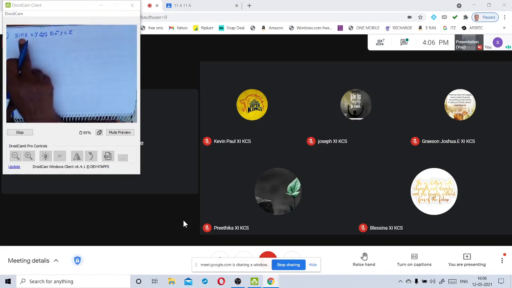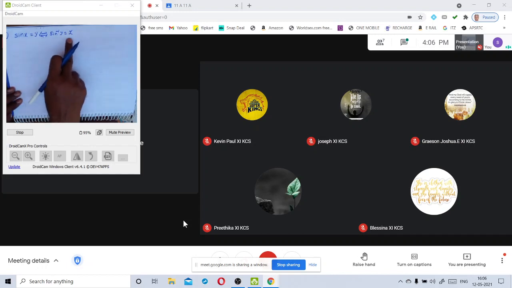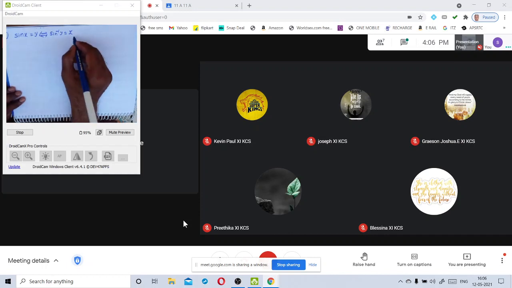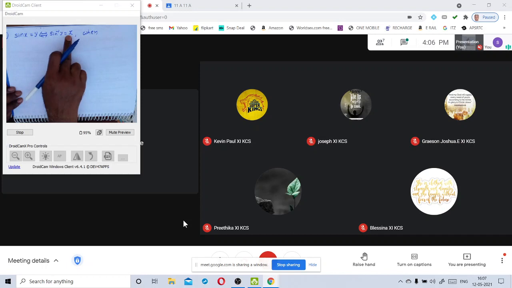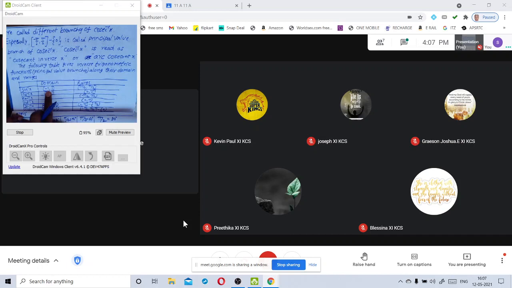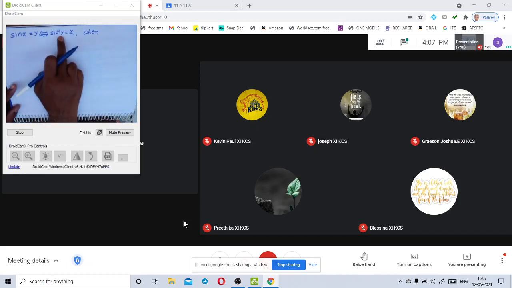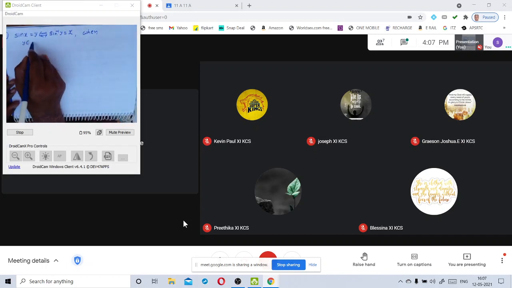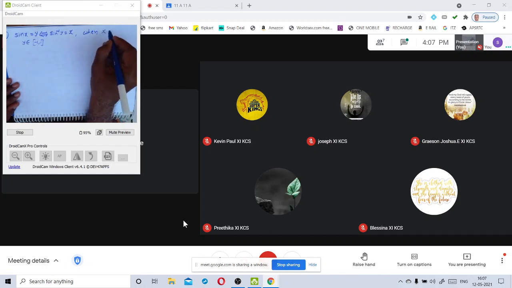We can write this trigonometric equation as an inverse trigonometric equation. Okay, my dear children. The x values and y values should be like this only. When y belongs to, and x belongs to,